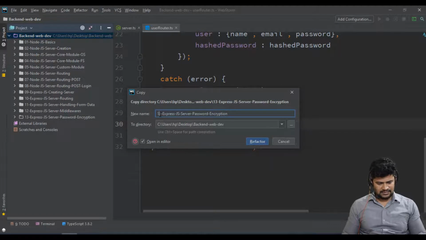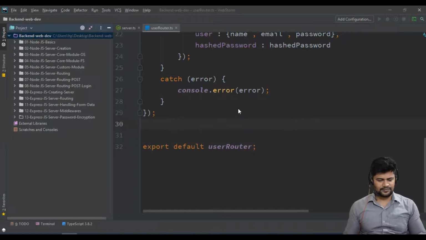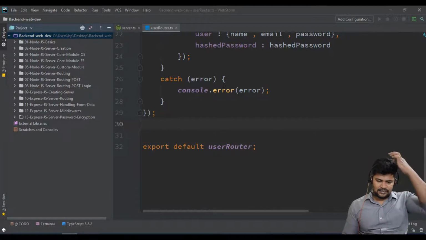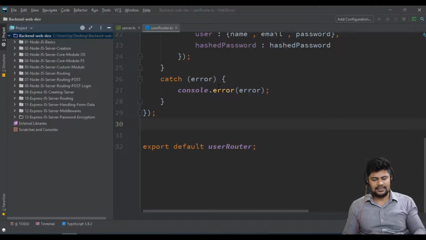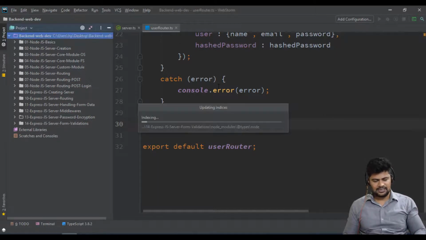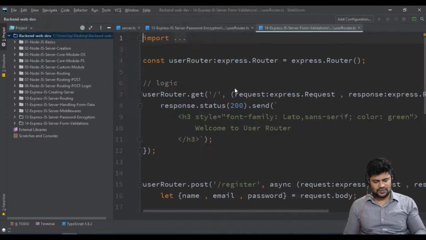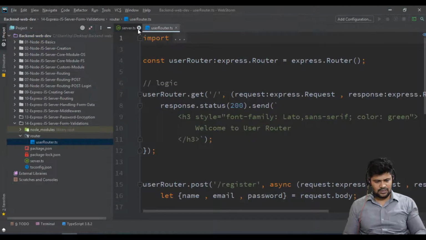Here let's make a folder called 14, form validations. This will make a copy of the existing program, and then we'll make our application. Okay, it is indexing now.